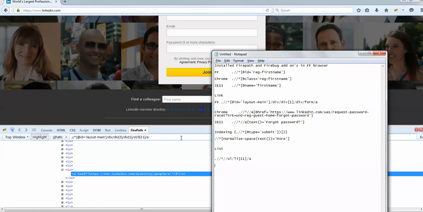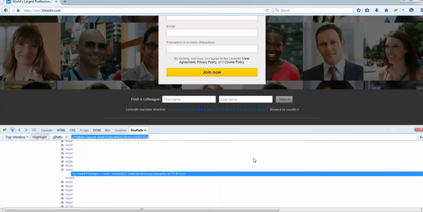So I would always suggest use your own XPath, because if something in the id layout main or in this div changes, your XPath will fail. In our case, it doesn't care whatever, because we are starting with root and we put an asterisk here. It will not care what changes the others are having, unless it finds the correct ordered list, and then the list element of 11 is what it will select.